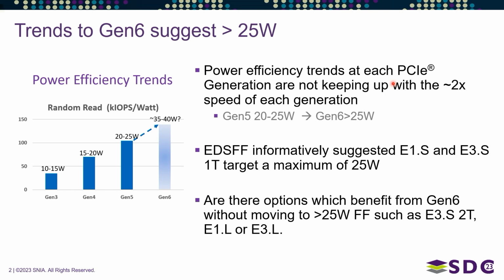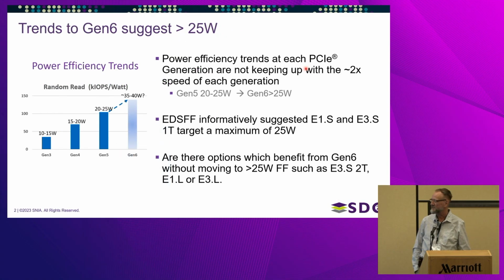So we were frankly proud of ourselves to not just say, let's just look at Gen 4 and draw a straight line, or let's just look at Gen 5 and draw a straight line. We said, no, we expect there to be an ongoing power efficiency improvement over time, and it seems, at least over 3 generations, to be somewhat stable. But it is not greater than 2. So that means every generation is going to potentially have a higher power than the prior generation. We don't get to double speed and end up...